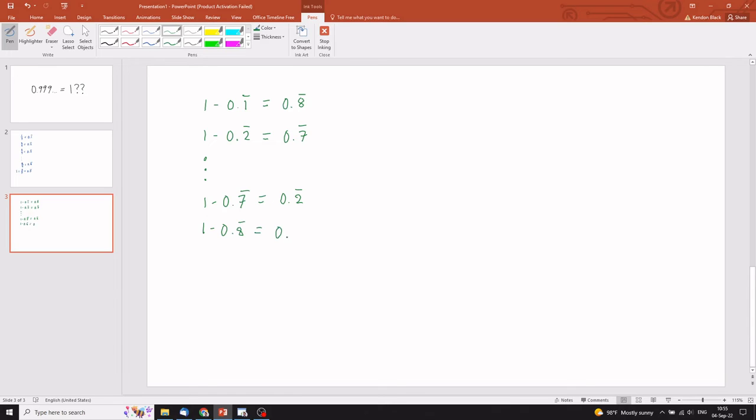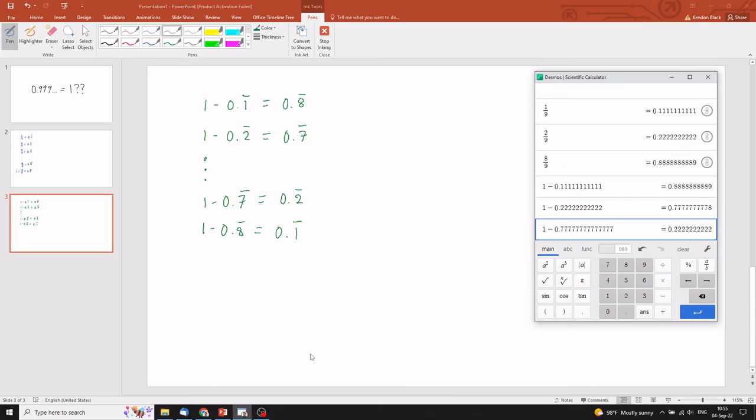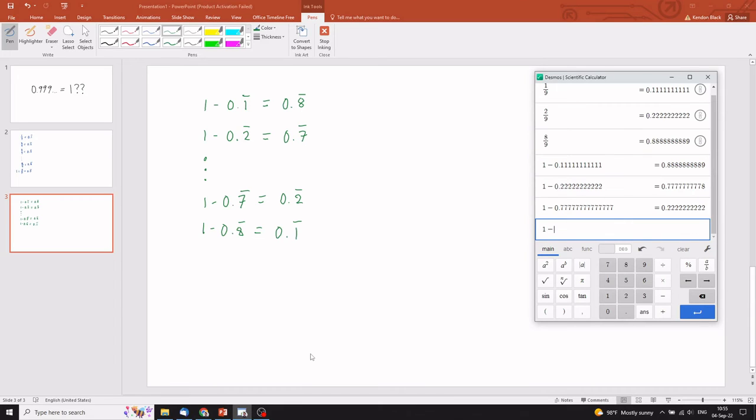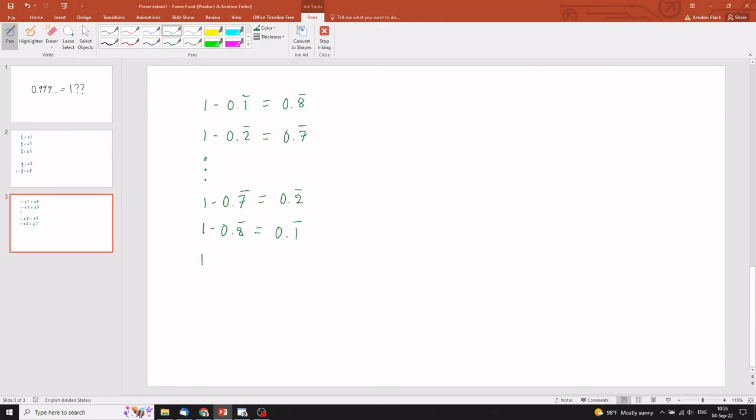Based on the pattern, this should be 0.1 repeat forever. We'll go ahead and check it really quick. Okay, there we go. And finally, 1 minus 0.9 repeat forever. Now, we're not going to use the calculator for this one, just based on the pattern. This should be